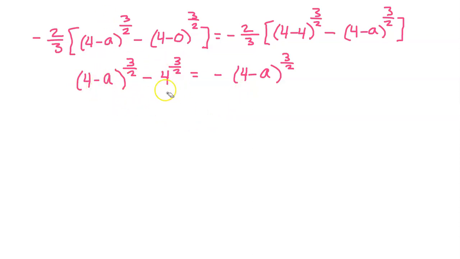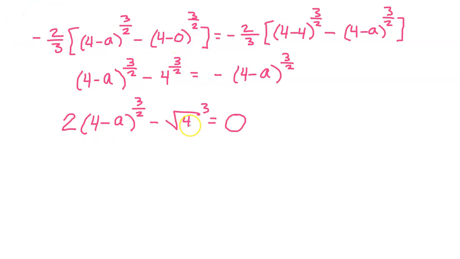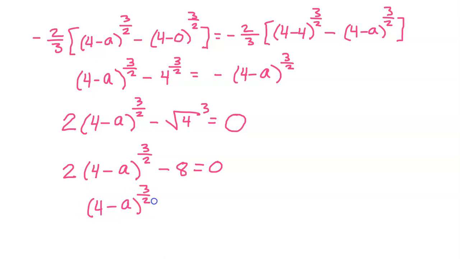Also, on this step, I'm going to emphasize the fact that the 3/2 power is the third power and the square root. When you have a fractional power, the numbers are in the form power over root. So the 2 means it's the square root, and the 3 means it's the third power. So now we have this. The square root of 4 is 2, and 2 to the third power is 8. If we add 8 to both sides and divide by 2, we get 4 minus a to the 3/2 power